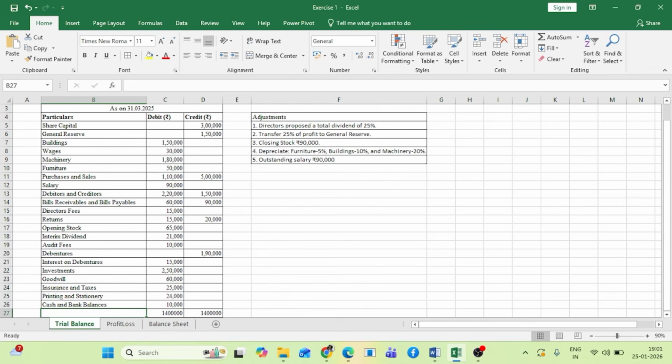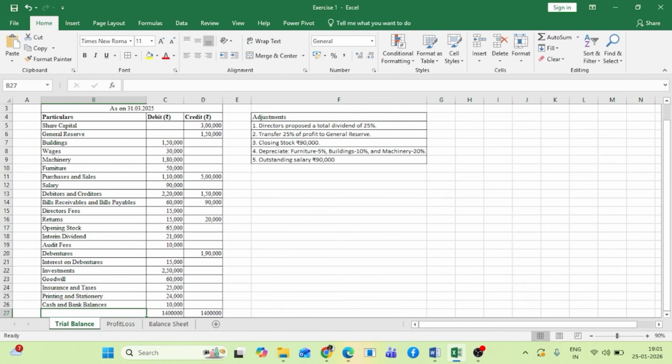Apart from this, there are certain adjustments. The first one is that the director proposed a total dividend of 25%. Sometimes you will find that instead of total dividend, they may say final dividend. I'm using the term total dividend, just keep in mind. Another one is to transfer 25% of profit to general reserve. Number three is a closing stock of rupees 90,000. I am going to depreciate furniture by 5%, building 10%, machinery 20%, and the fifth adjustment is